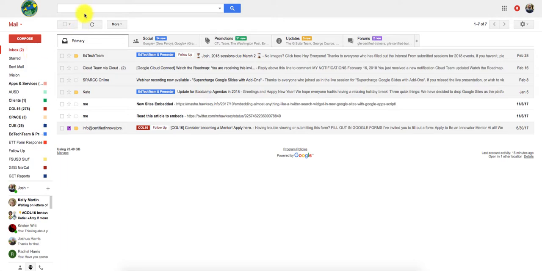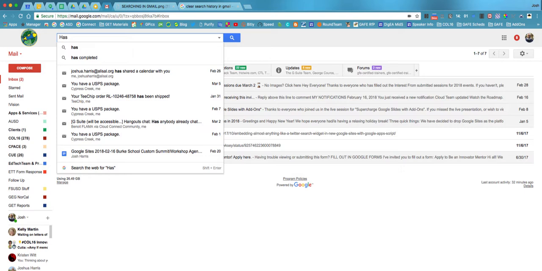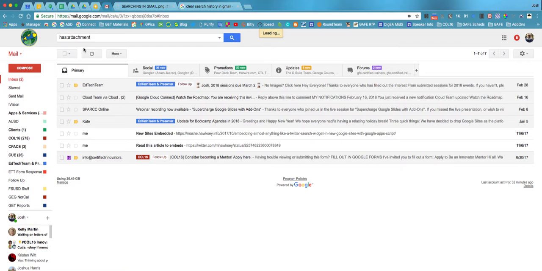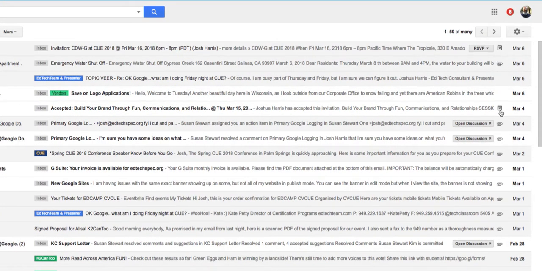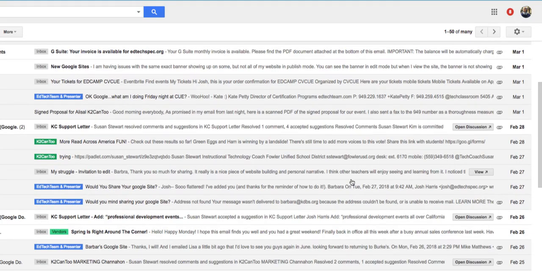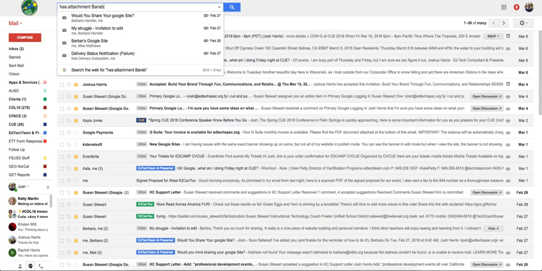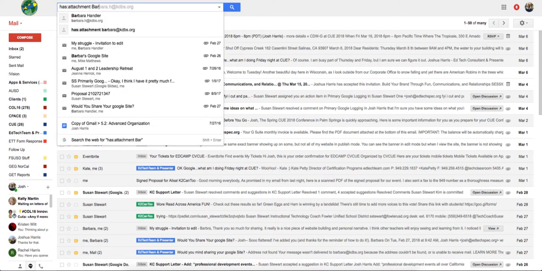So let's head back here. One of my other favorite ways of searching for things is to come up here and type the word has and then colon, and then when I type an A, you see it completes the word attachment for me. Now, what I want to point out is over here, these paper clips out at the edge by the date mean that these all have an attachment, that somebody has attached something onto them. So if I then type a space and say Barbara, and I can actually spell Barbara,